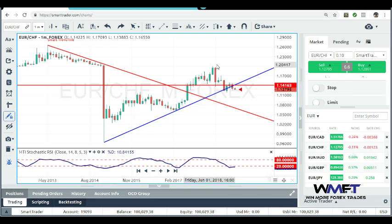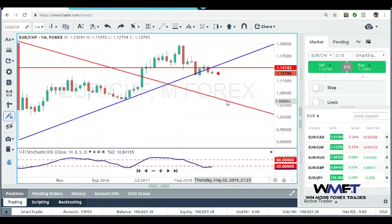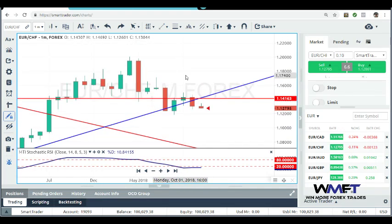We had an uptrend going. We're inside the buy zone. Now we've broken this uptrend and we've entered back into the sell zone. So we are looking at this market from a bearish perspective, and to